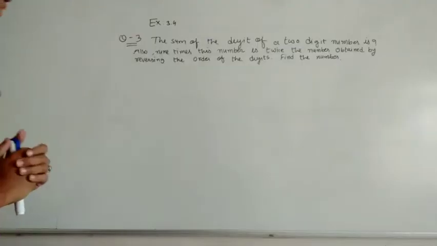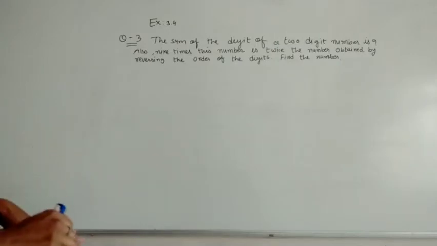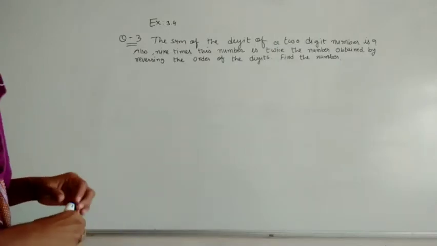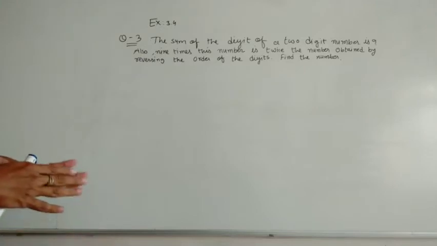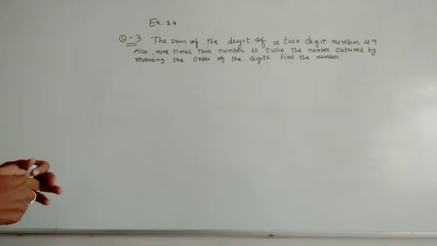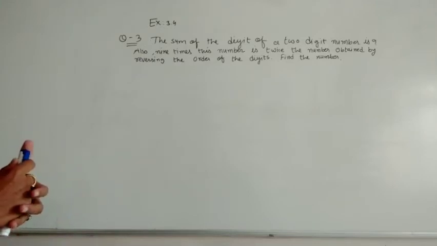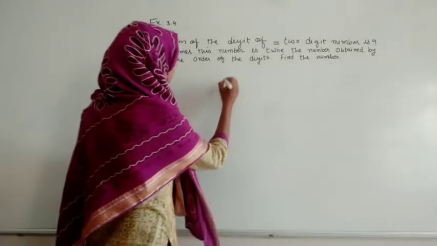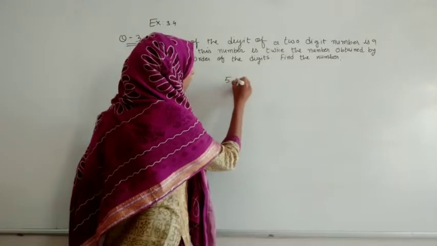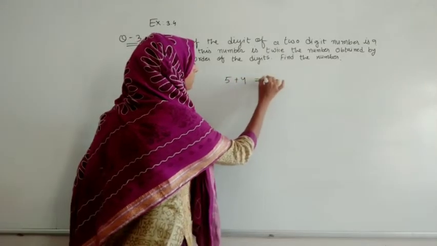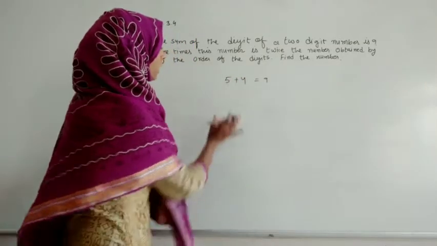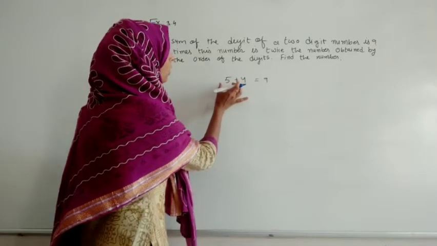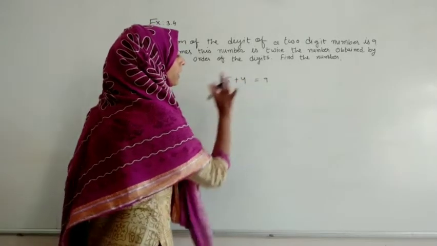This will be a little bit problematic kind of question because to think about it is difficult. So let us make it easier. The sum of the digits of the two digit number is 9. यानी कि सपोज करते हैं कि कोई दो डिजिट नंबर है like 5 and 4, and if we are adding it we are getting sum as 9. So इस तरह के कोई दो डिजिट है और अगर हम उनका सम कर रहे हैं we are getting 9.